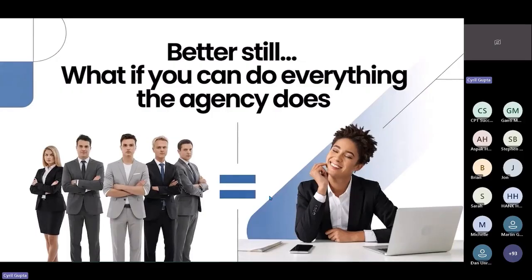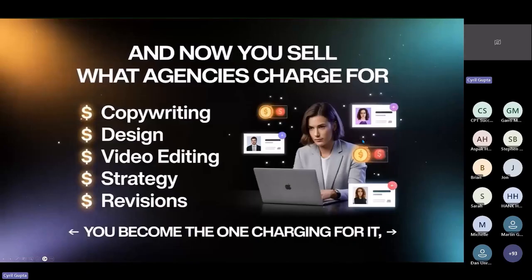Oh, fantastic. So let's talk about what agencies actually charge for that you can replicate all by yourself. So first thing, copywriting, that's a part of advertising. You got to make the design, you got to make the videos, because a lot of advertising online is about making videos, right? Videos that you can run as ads. And you got to then create the strategy, you got to create the positioning, right? All of that work is involved. Angles, who remembers ad angles, who remembers all that work that we need to do running ads. And we got revisions, right? So you got to then revise it over and over and try to make things work. That's a part of the deal. So all of this work is hard. All of this work can be profitable, right?